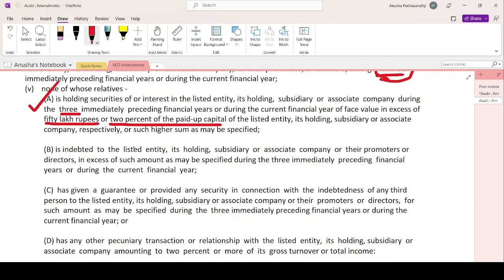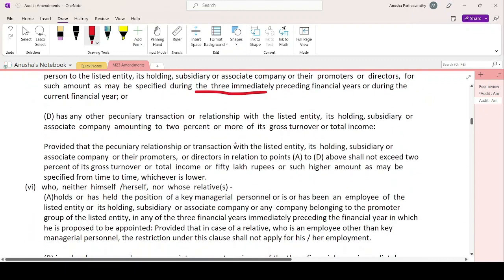Now, or such a sum as may be specified, is indebted to the listed entity, its holding, subsidiary, associate, promoter or directors in excess of an amount as may be specified, during the 3 immediately preceding financial years or during the current financial year, has given a guarantee or provided any security in connection with the indebtedness of any third person to a listed entity, its holding or subsidiary, for such amount as may be specified. Now, has any other pecuniary transaction